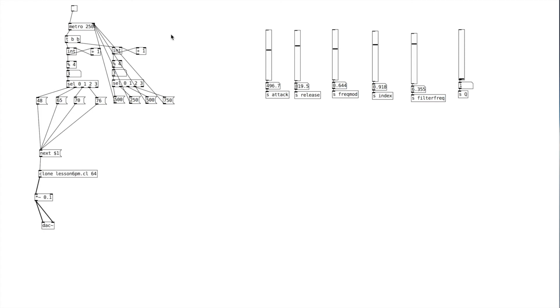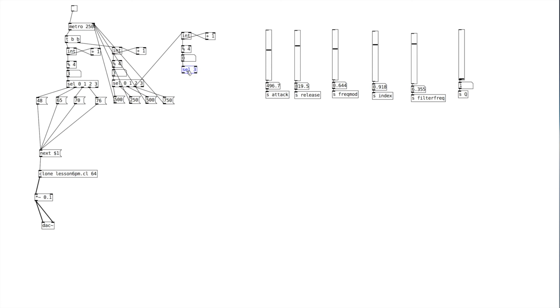All right, for the next portion of our patch, we're going to be combining our counter module with a random object. So let's go ahead and just duplicate this for now. And now let's change this select to only send output when it gets the number 3. And then let's go from this select 0, 1, 2, 3, okay, this outlet here, and attach it. So now it will only send a bang to this integer whenever it gets to the end of this particular sequence. And so now when it gets to the 4th sequence, when that completes, it'll send a bang out through